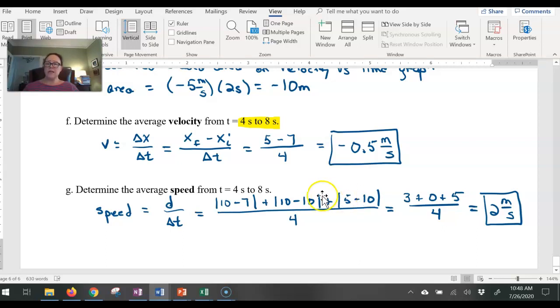First, it went from 7 meters to 10 meters, so that was a displacement of 3 meters. Then it stayed still, so it wasn't moving, it had a distance of 0 meters for the next couple of seconds, and then it moved from a position of 10 meters back to a position of 5 meters. So the total distance during that third part of the trip was 5 meters. I add those up. The total distance moved during those 4 seconds was 8 meters. 8 meters divided by the 4 seconds is 2 meters per second as the average speed for that